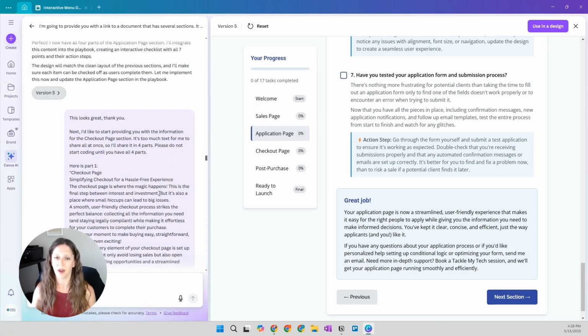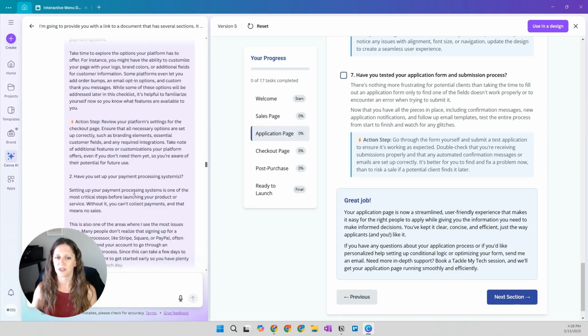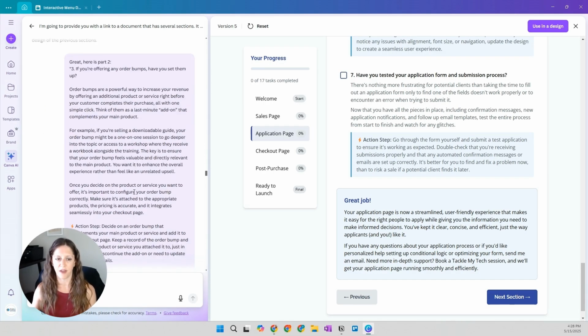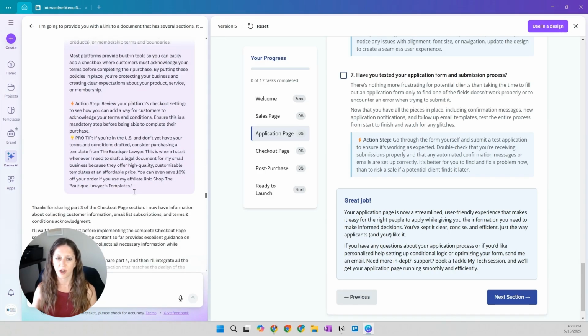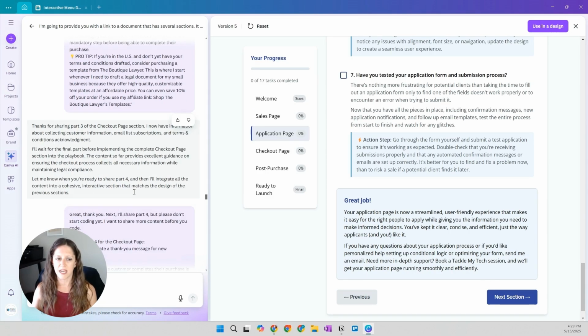And so I thought, okay, great. This Canva code completely understands the process here. So now what I'm going to do is feed it the checkout page. Again, same process. I fed it the multiple sections of the checkout page content here. And I said,